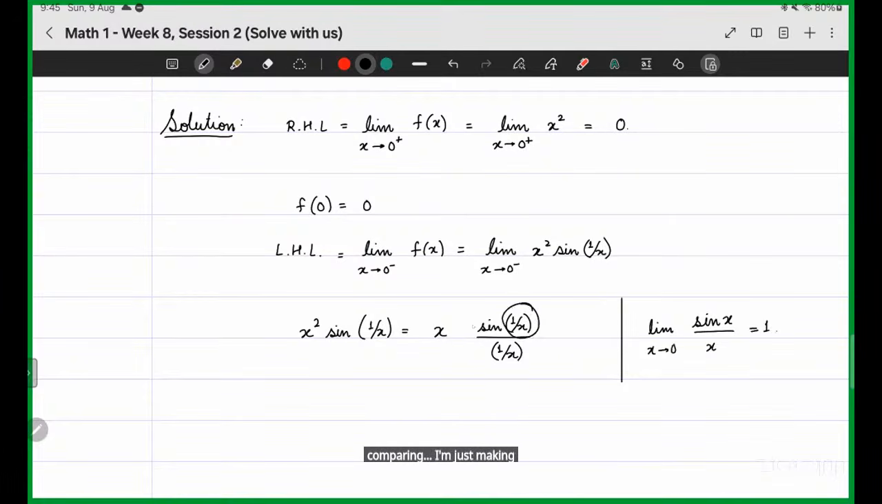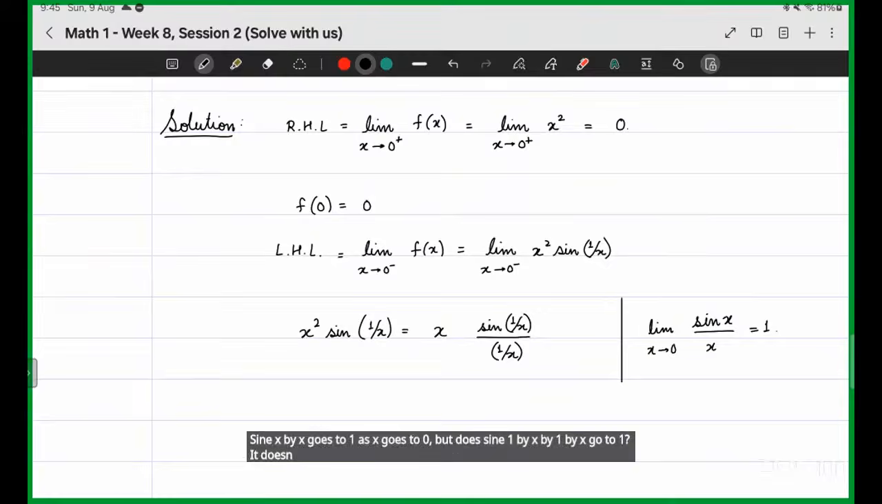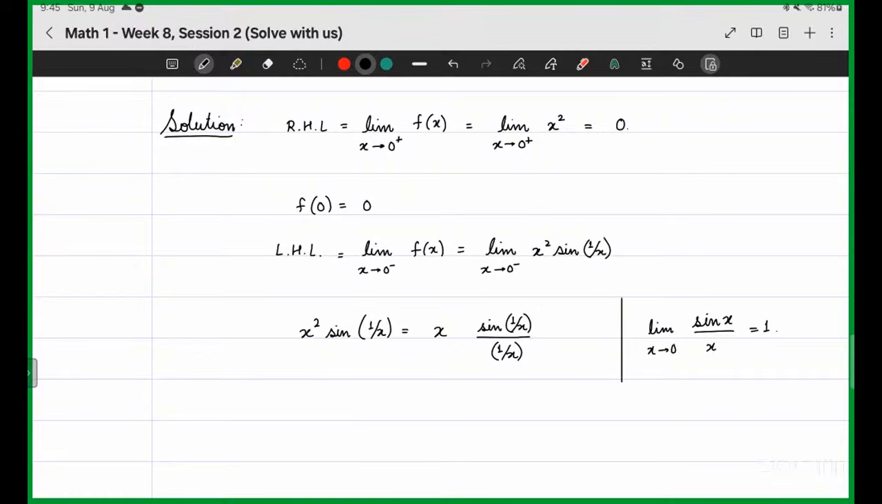Okay, but is the argument going to 0 over here? No, that is sine x by x. Sine x by x goes to 1 as x goes to 0, but does sine 1 by x by 1 by x go to 1? It doesn't. Sir, the graph is oscillating around 0. Is it that? Sir, but 1 by x is infinity. So we can use